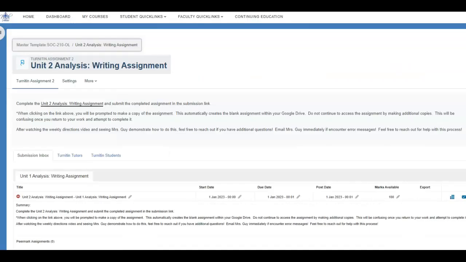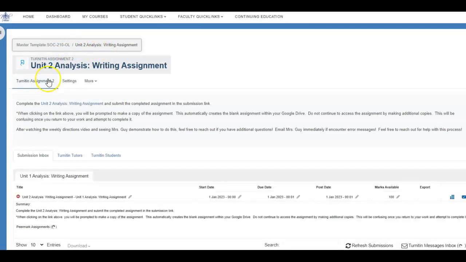Now, you remember that when you are going to submit your assignment, there will be an area down here. Mine's going to look a little bit different, but it's an area that shows you to click on to submit your paper. So, making sure that you are turning in the assignment correctly.